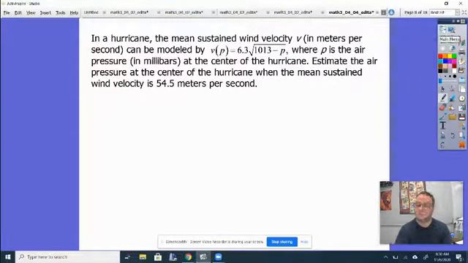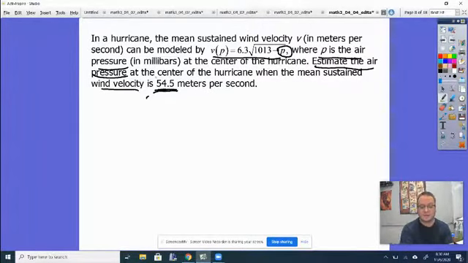Actually, let's do a quick word problem. So I have a word problem here, looking at the important parts. Obviously this is probably going to be important. We're going to estimate the air pressure. Okay, well, what is the air pressure? Pressure is P. Okay, so I want to find P when the wind velocity, okay, wind velocity right here, that's that V. Okay, so I want to plug that V in. So I'm going to say